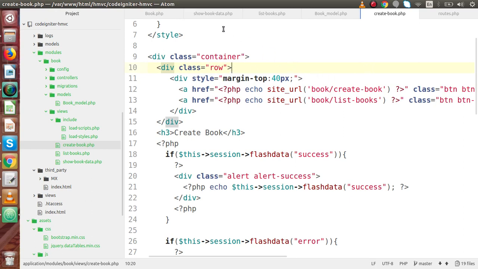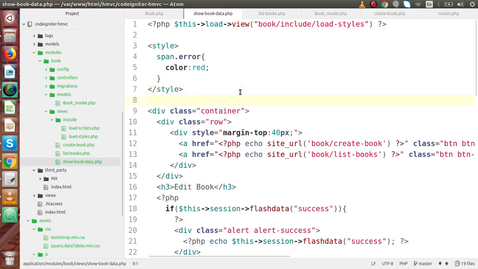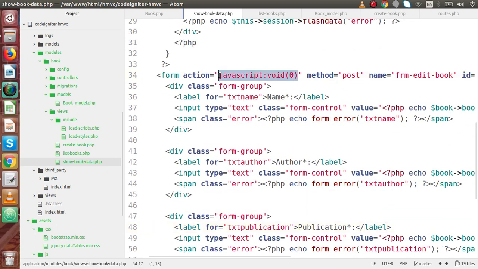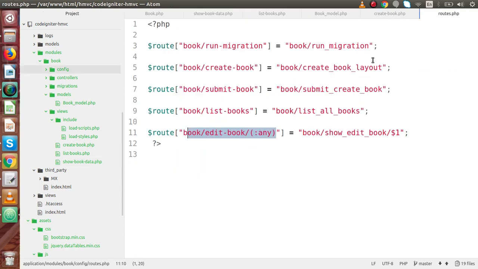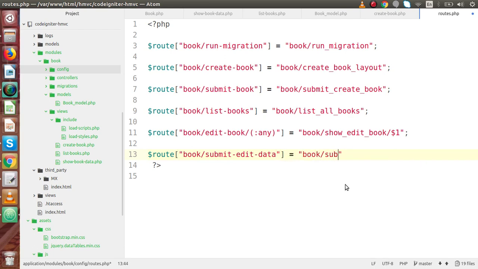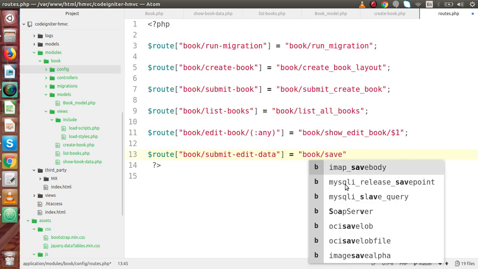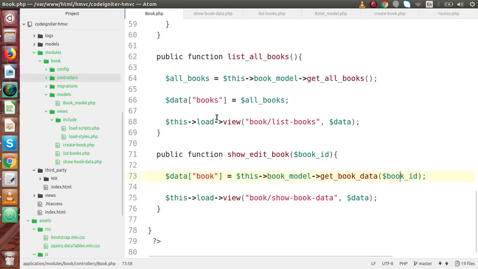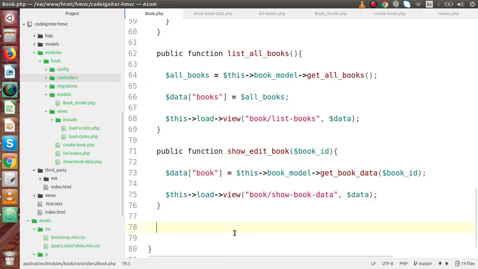So this time we want book data. First thing first, we have to set our action parameter for this form tag. So back to routes, let's say the route book. Here we are going to submit our edit data, and here let's say book controller, and inside this let's say save_edit_data. Now if I copy this method name, go to our book controller,